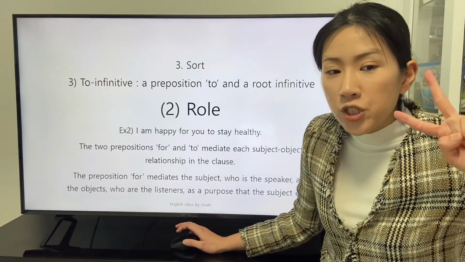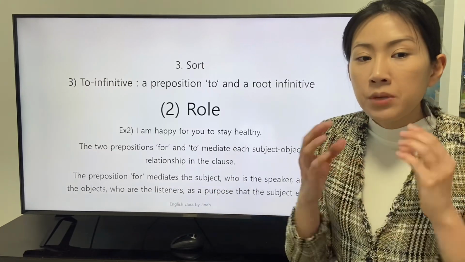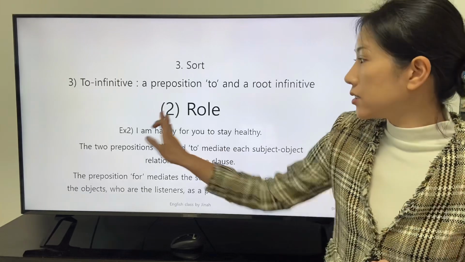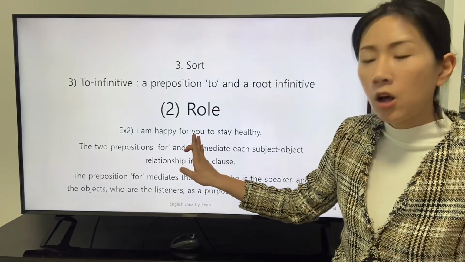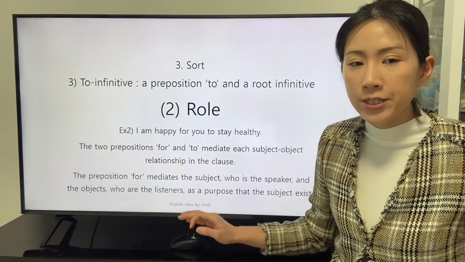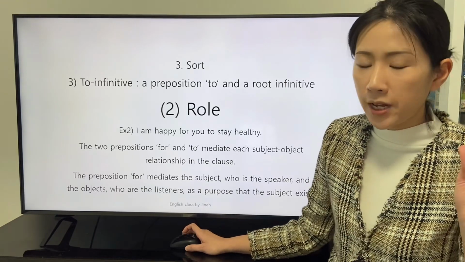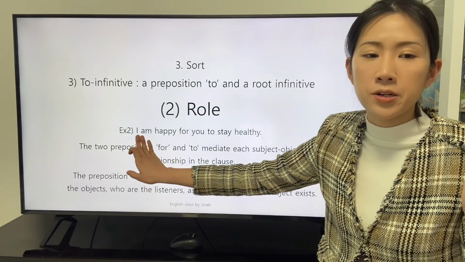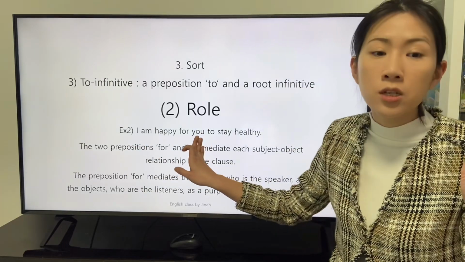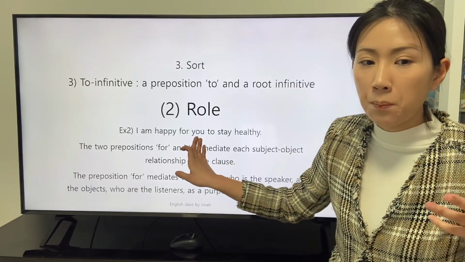The two prepositions for and to mediate each subject-object relationship in the clause. The preposition for mediates the subject, who is the speaker, and the object, who are the listeners, as a purpose